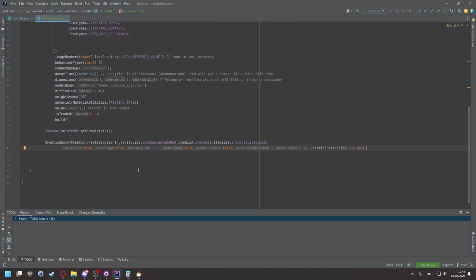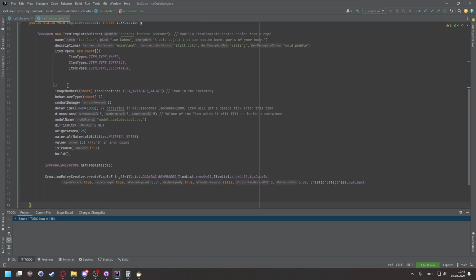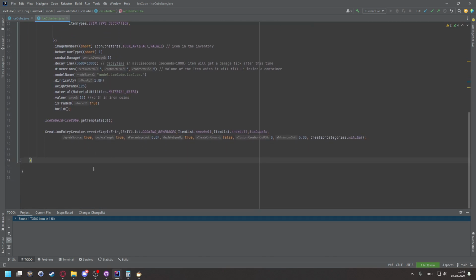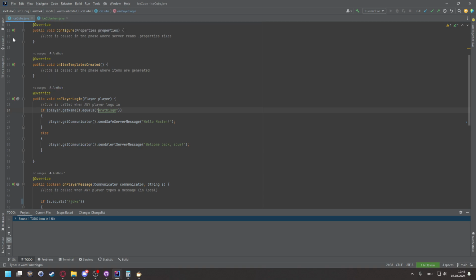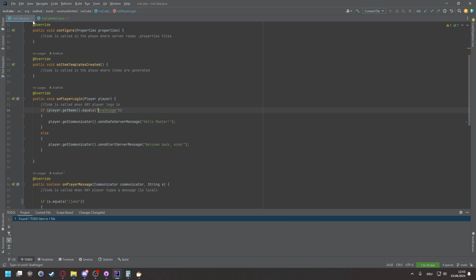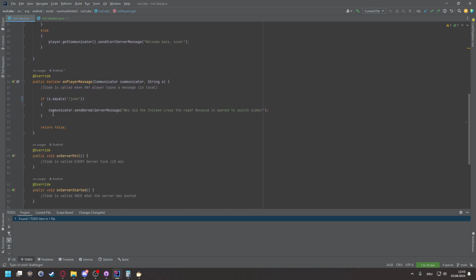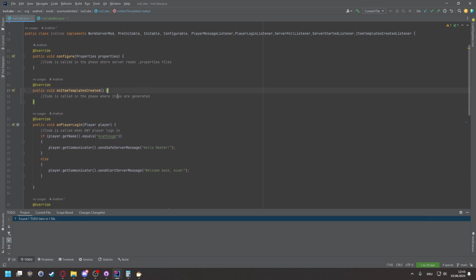All right. So this concludes then the register function of the ice cube, and now we just need to tell the game, hey, add this to your game, and then we are done. So we go back to our main class. By the way, I hide the folder structure here so you can navigate here, but it also keeps tabs where you are. And now we need on item templates created, because you could add your item template at any other point,